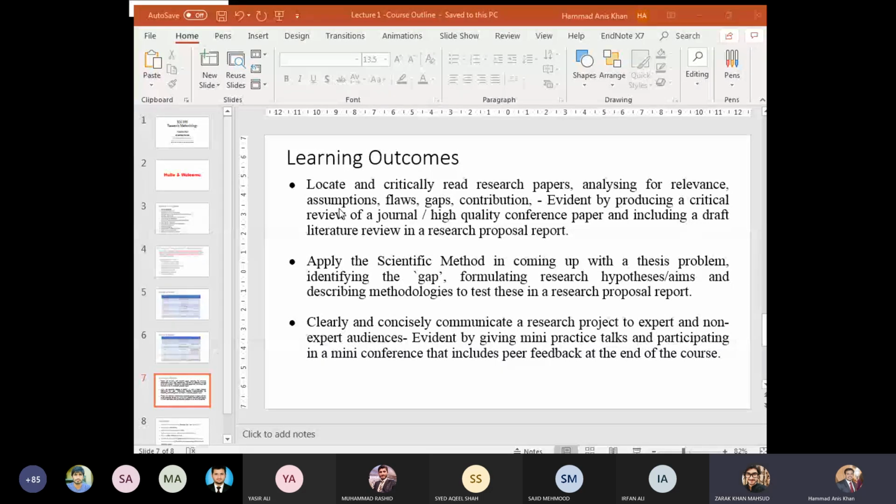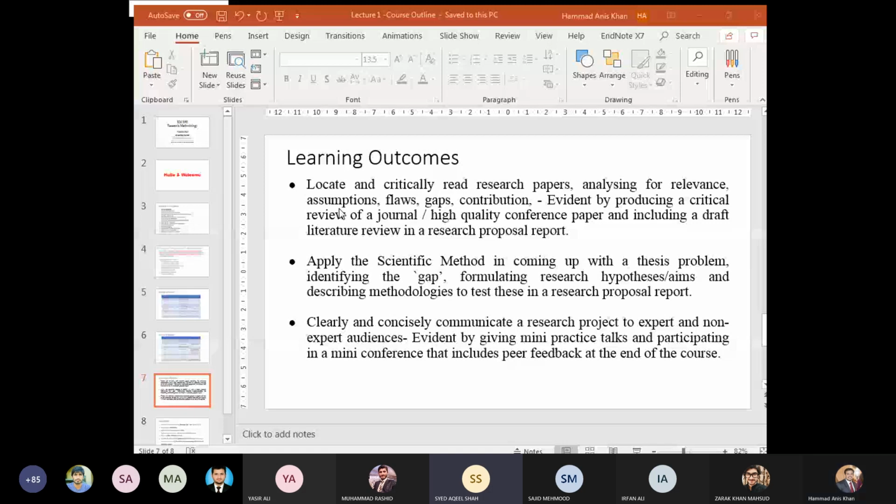Okay. Excuse me, sir. Isn't EndNote a plugin for Microsoft Office, if I'm not wrong? Mm, you have to download it. It is not a plugin. Akil, any other question?